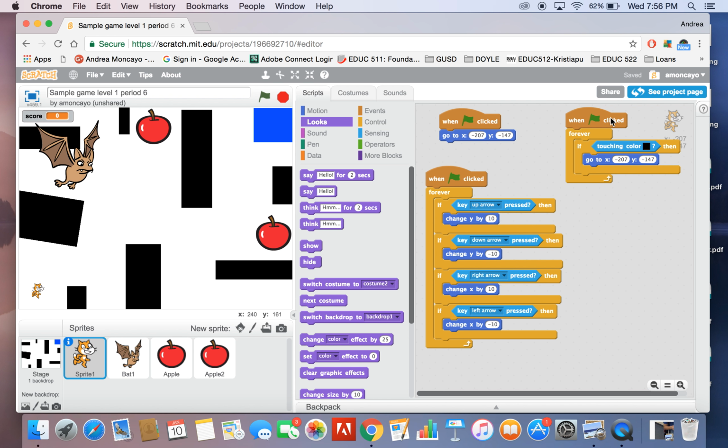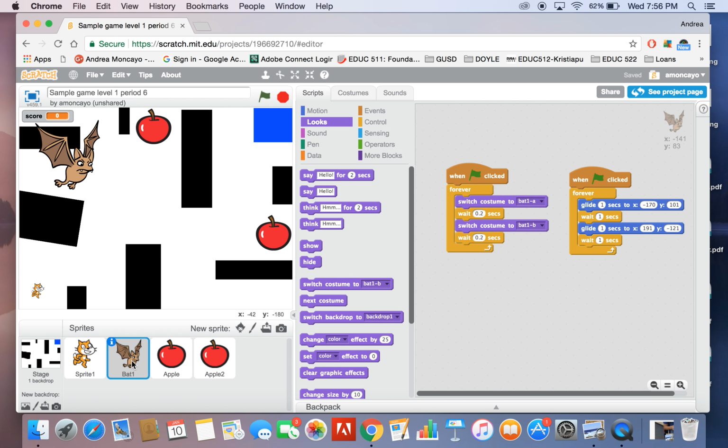And also, to make it a little bit more challenging, anytime that my cat touches the black, it also has to start at the beginning too. So these are what those code blocks are. We also programmed the bat. The main role for the bat is just to glide and get in the way of the cat to make it more challenging too. So right here, it says negative 170 and 101 is one of the coordinates,